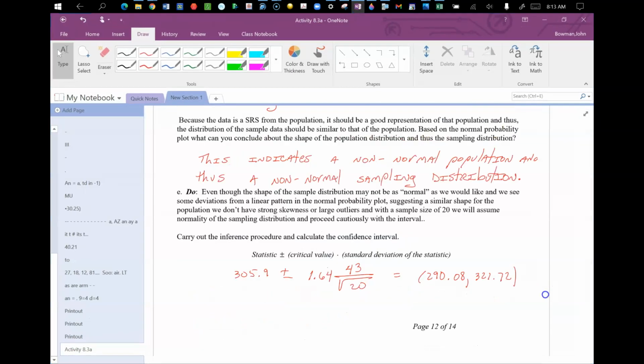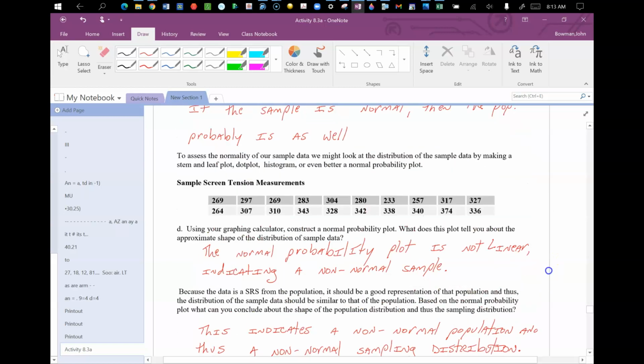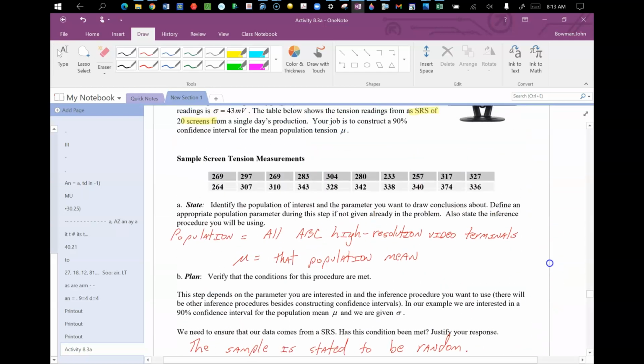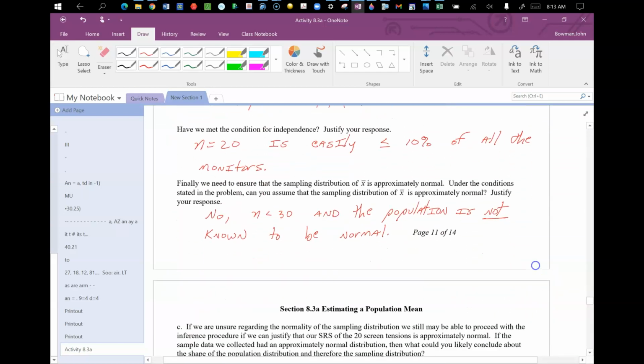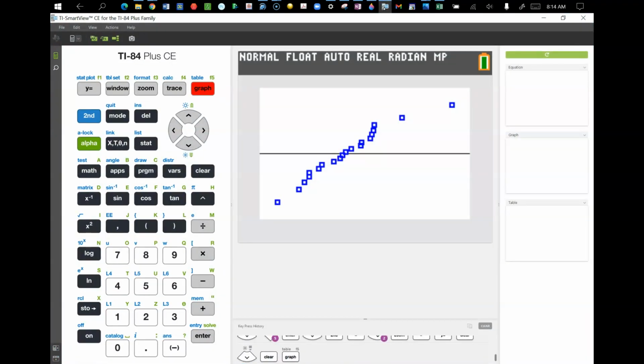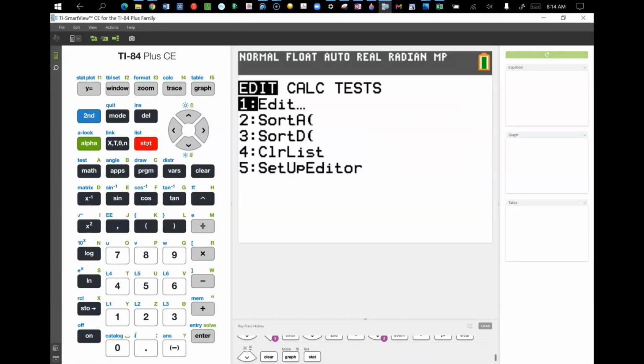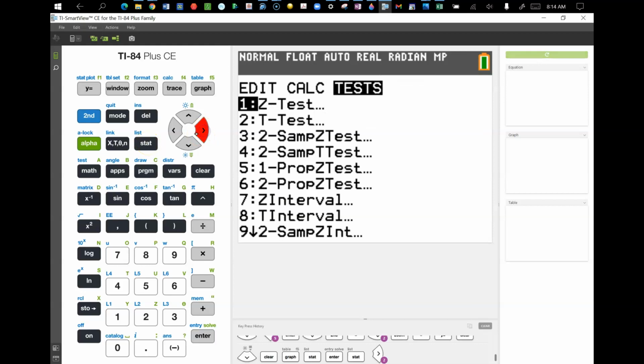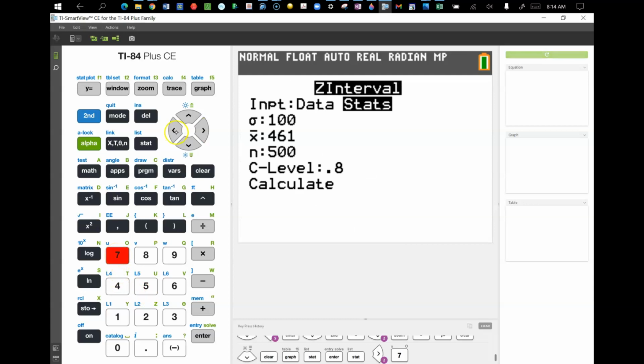So now that we've actually checked that, we go ahead and we calculate the 95% confidence interval. I'm sorry, it's not a 95% confidence interval. It is a 90% confidence interval. So how do we actually do that with data? Here's the way to do this with data. We've got the data in our calculator in list 3. So I'm going to hit the stat button. I'm going to go over to tests, and I am going to select Z interval number 7, and I'm going to switch over to data, and I'm going to